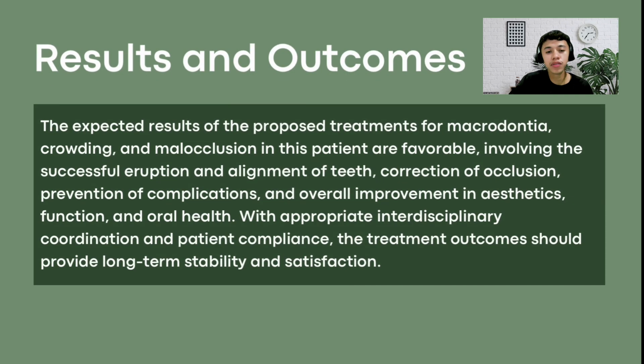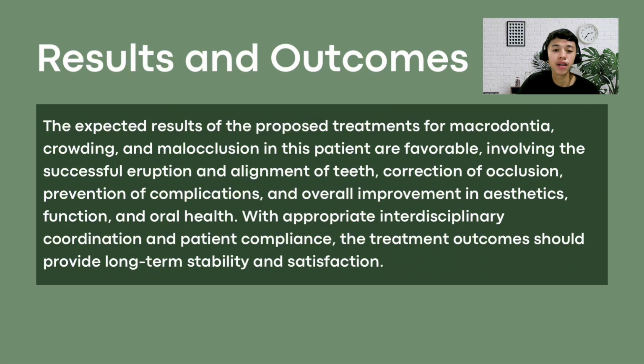And for the results and outcomes of this technique and procedure, the expected result of the proposed treatment for macrodontia, crowding, and malocclusion in this patient is favorable, involving the successful eruption and alignment of teeth, correction of occlusion, prevention of complications, and overall improvement of aesthetics, function, and oral health. With appropriate interdisciplinary coordination and patient compliance, the treatment outcomes should provide long-term stability and